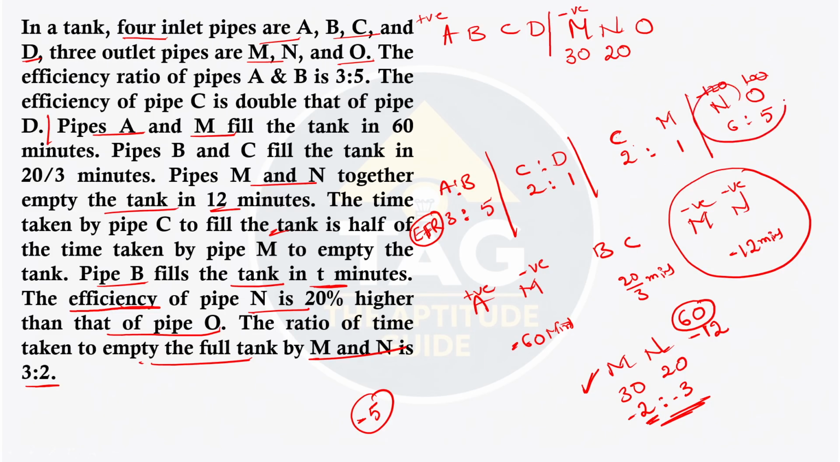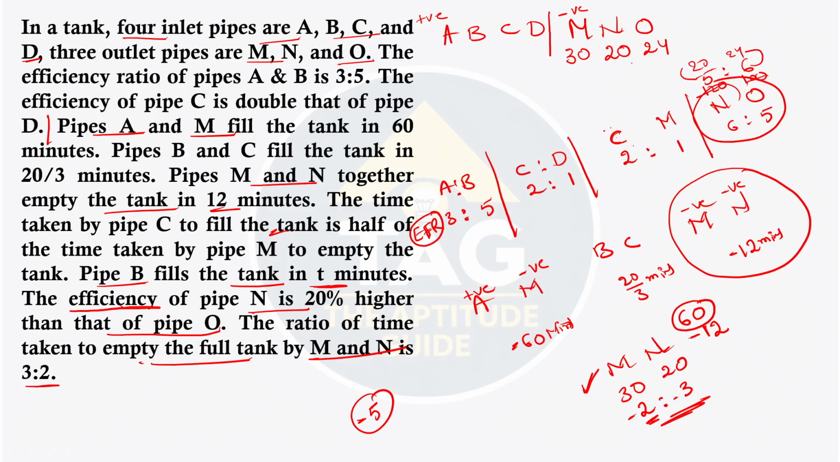N and O. The efficiency ratio of n and o is 6 is to 5. If the efficiency ratio is 6 is to 5, what should be the days ratio? 5 is to 6. So n can empty the tank in 20 minutes. So 5 parts is 20. If 5 parts is 20, 6 parts will be 5 times 4, 20, 6 times 4, 24. So o can empty the tank in 24 minutes. Now,